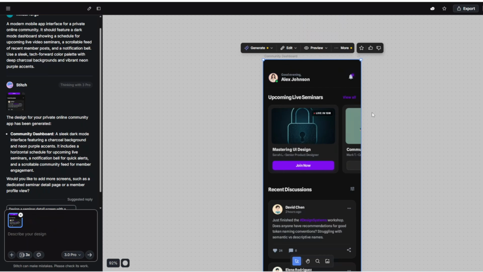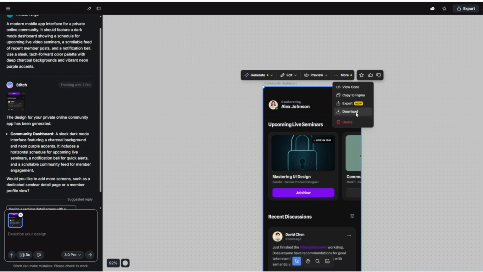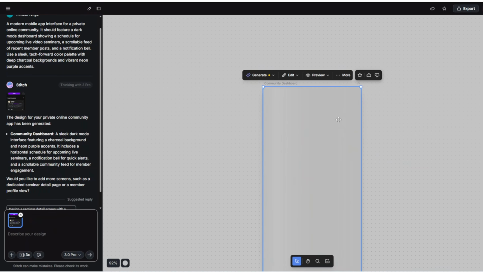If I want to leave notes for a developer, I can use the annotate tool. And if I want to see different layout options, I just click variations. And Stitch will give me entirely new prototype directions without losing my original concept. Once you have the perfect layout, your deployment options are just one click away. Drop down the menu here and you can instantly export the code, download the raw files, or copy everything seamlessly